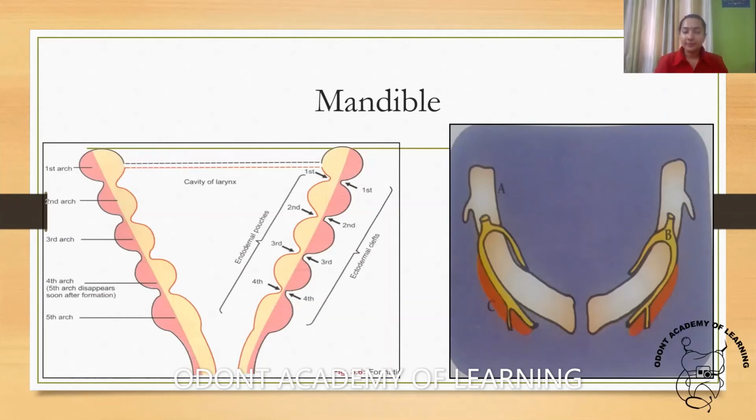Now coming to the mandible, the growth of the mandible is a little different from that of the maxilla. One very important thing is this figure of branchial arches, which we all have read in anatomy and in all other subjects. There are 6 branchial arches. They all have their own set of derivatives. The 5th one is latent and will eventually disappear, so you have your 6th arch then. You should know how each arch is there, what its derivatives are, and the structures present within the arch.